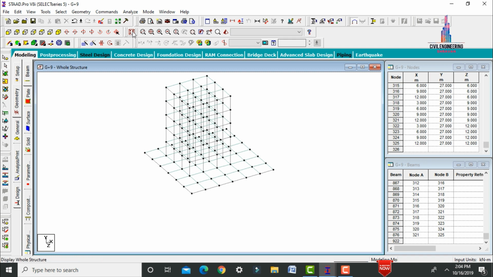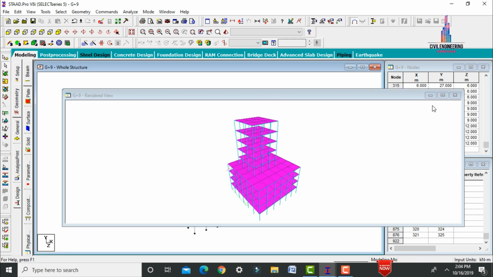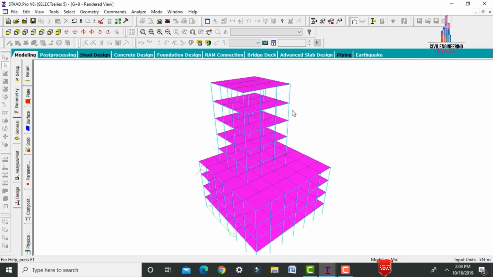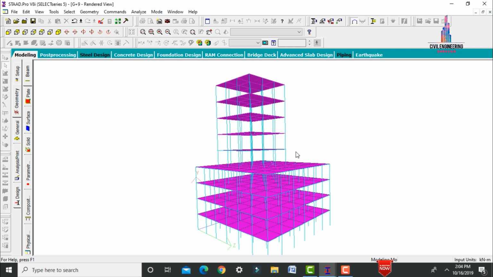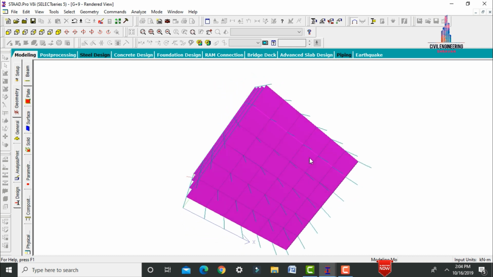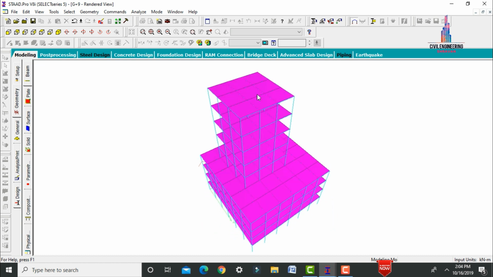So after that we have to click on the host structure command. Now we can see the irregular building for this respective structure will open here like this. Okay, so it will consist of the extra portion on the top 5 stories. So we need to analyze this respective building by using STAAD Pro software and design this respective building by using STAAD Pro software. So before continuing to the analysis part, we have to apply the properties, load cases and supports for